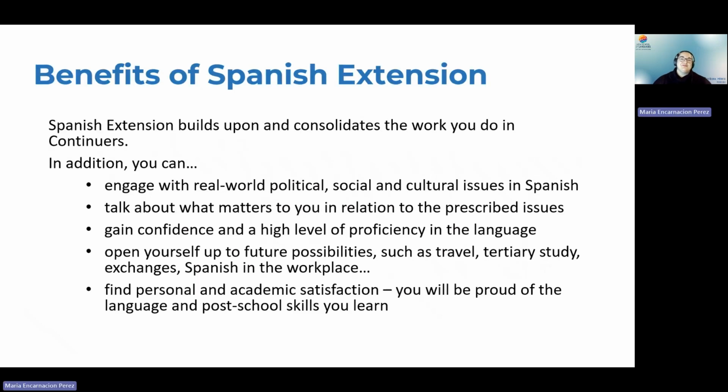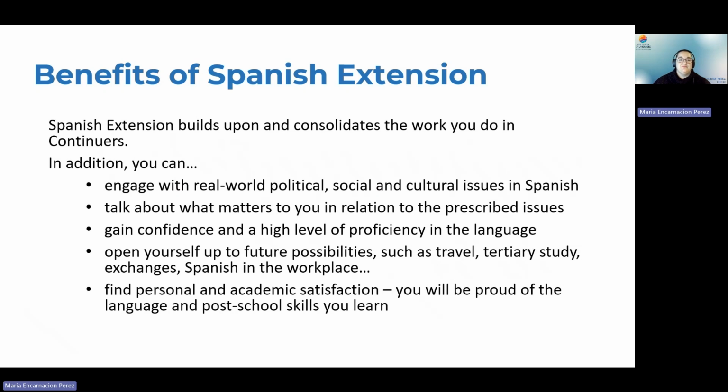So what are the benefits of Spanish extension? Well, firstly, you're going to build and consolidate the work that you're completing in continuers. In addition, you can engage with real-world political, social, and cultural issues in Spanish. Talk about what matters to you in relation to the prescribed issues and gain confidence at a high level of